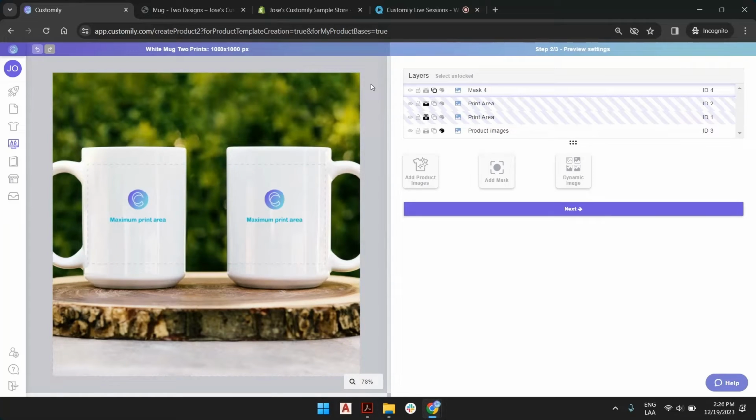Well, of course, these images will be provided to you, but imagine you don't have mugs, you have tumblers, you have phone cases, you have doormats. You need to put together these images on your own. Having a blank image of the product without customization is the easiest way to go. And then creating masks will imply a bit of graphic edition, but